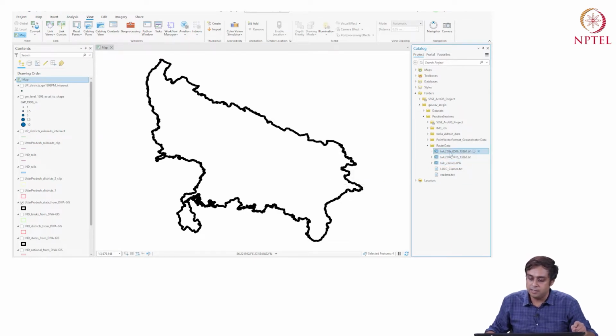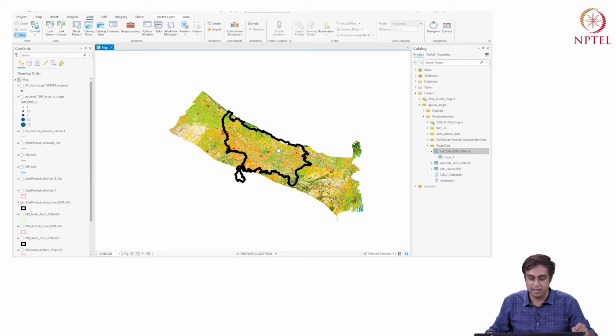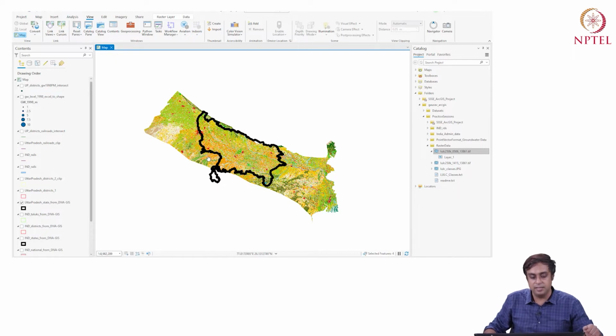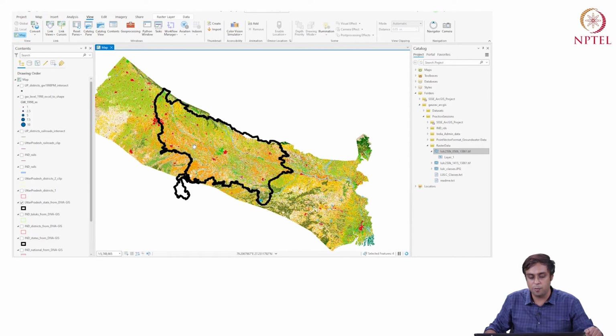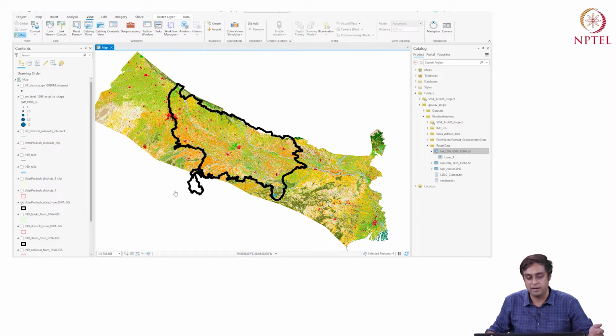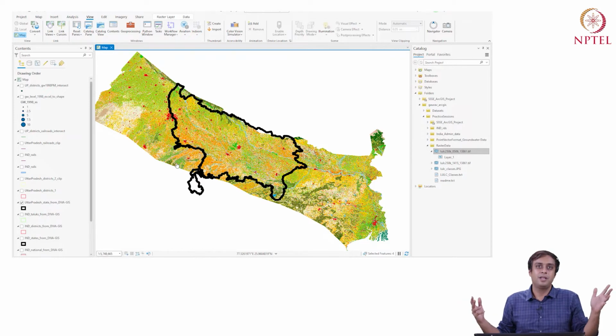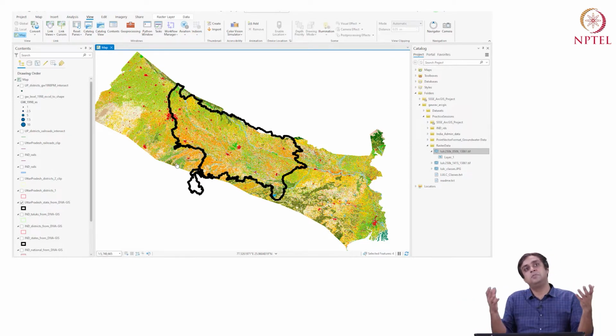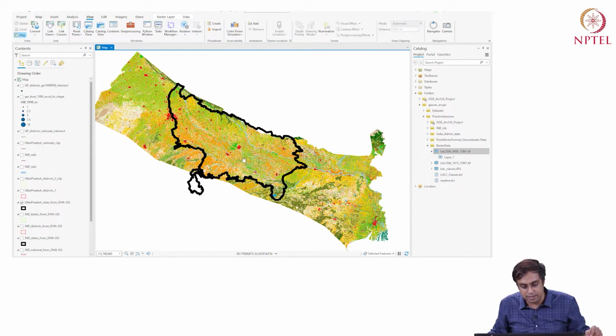So I'm going to drag this to my map and see if I get something. It seems like it doesn't get dragged. Oh well, it does. Fantastic. It got dragged. Okay, so here now I have this data separately requested from the Bhuvan portal and acquired from there, which doesn't exactly look like the UP data. It is a data set that looks more like the Indo-Gangetic plains. This is the Gangetic plains. Here is the river, and these are the Gangetic plains, right?